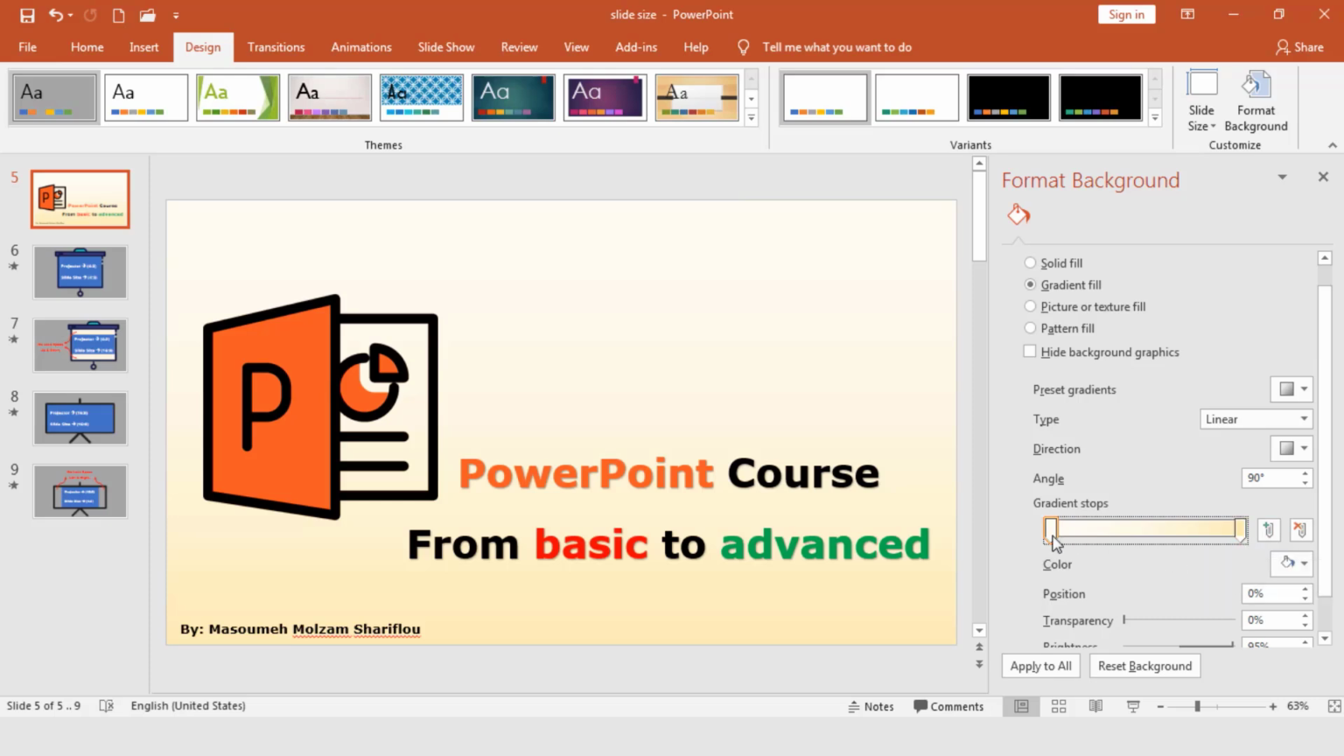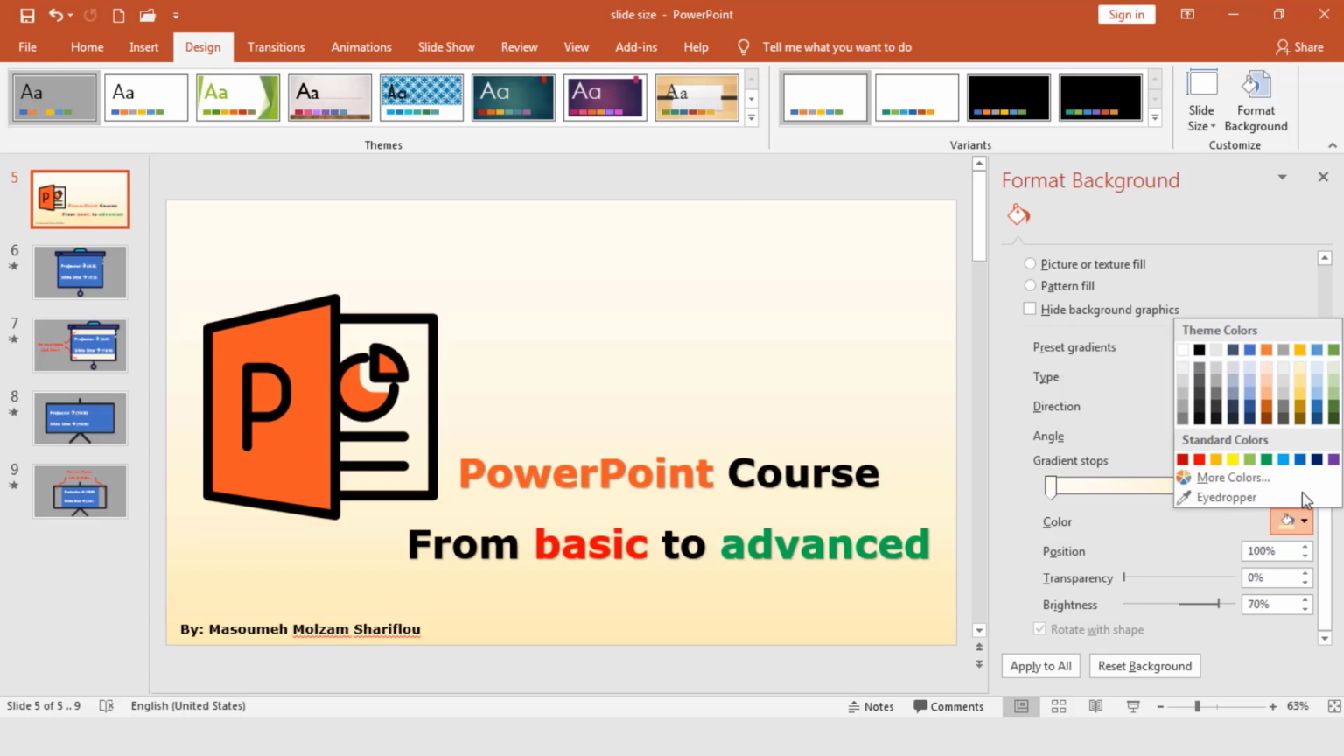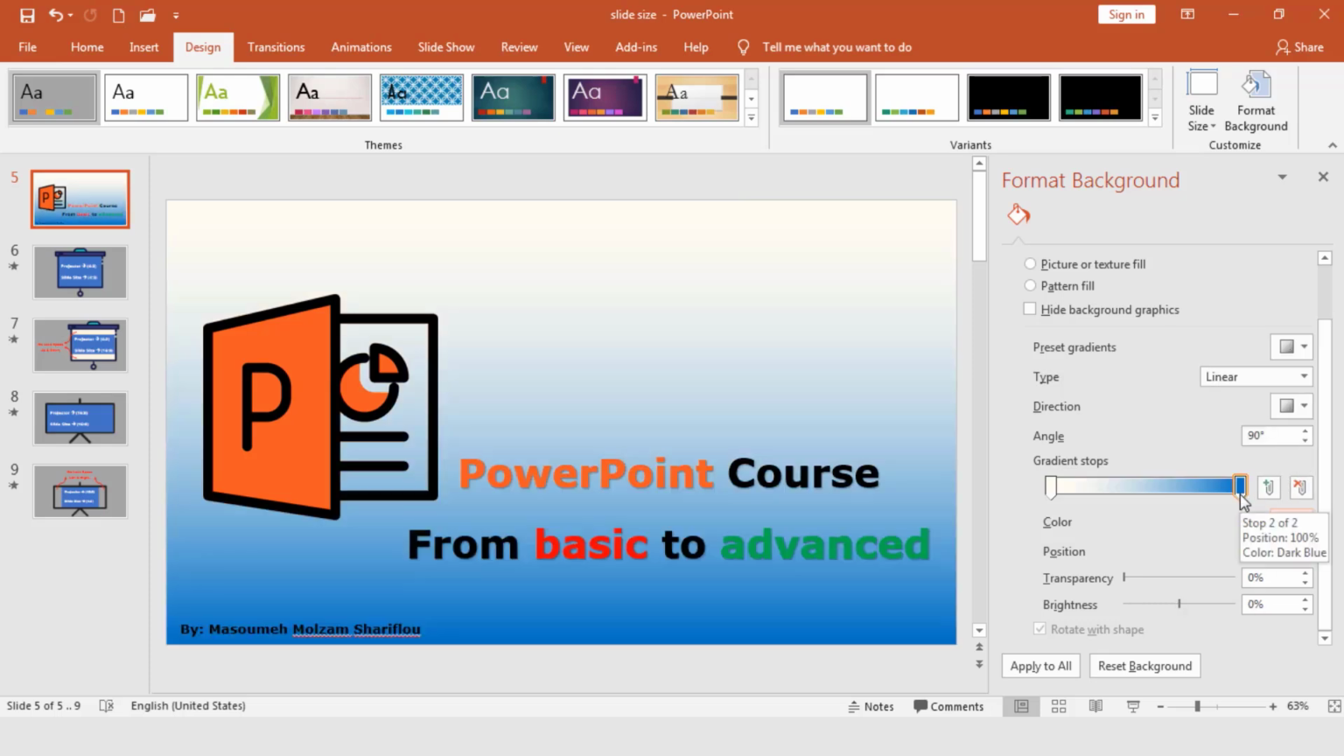In the Color section, you can select your favorite color. For example, here I choose blue, and because the direction of my gradient is from down to top, the chosen blue turns into white here. And with the help of the Position, Transparency, and Brightness options, you can regulate the related settings for that color. Now that this color has been selected, if I want to change its place,